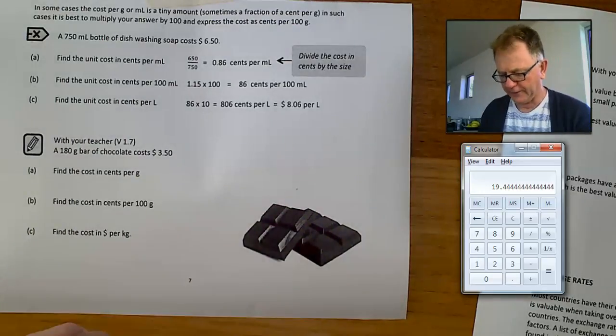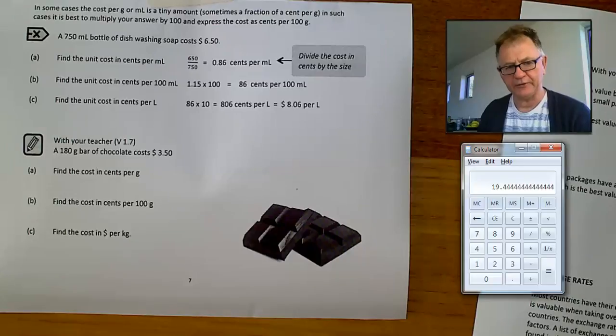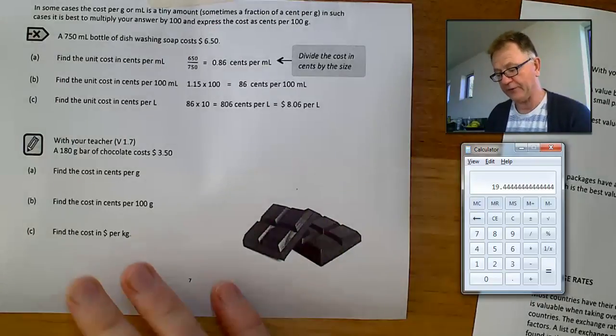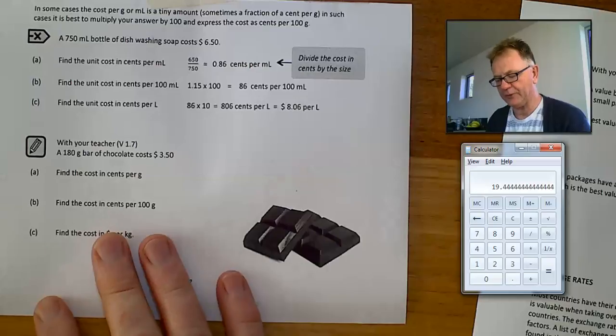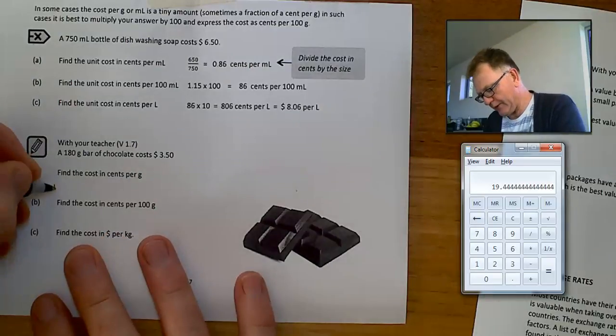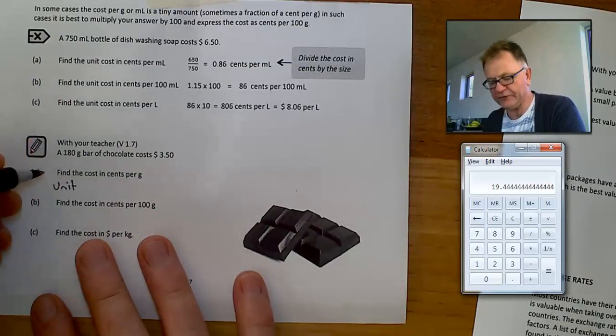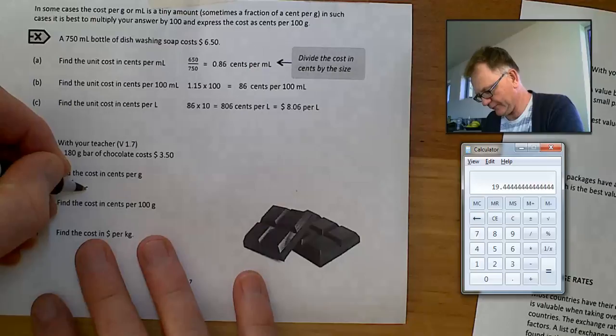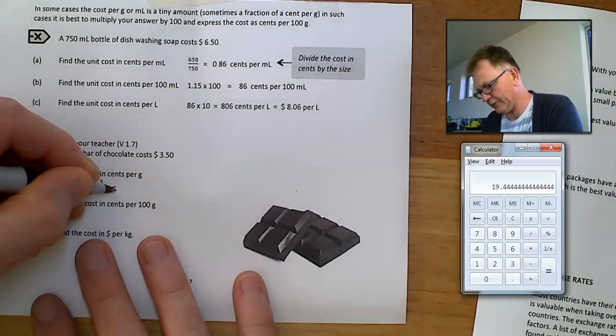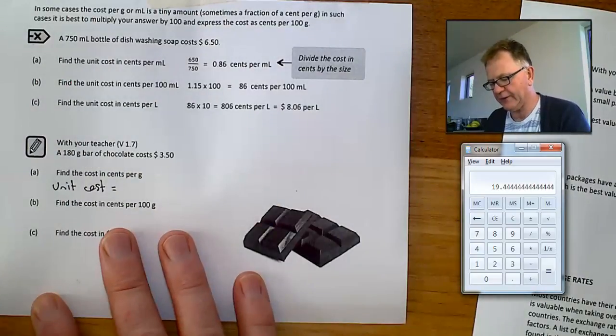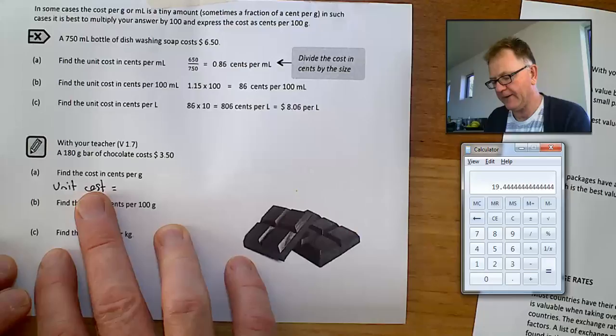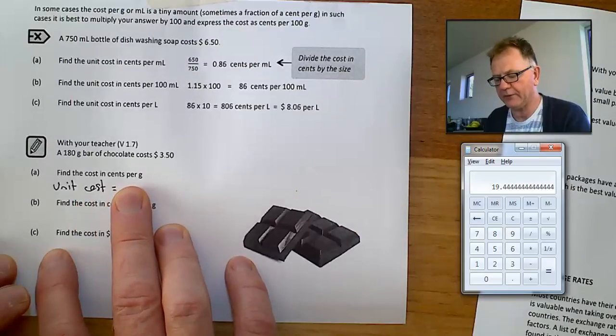This video is about working out the unit cost, or cost per unit size. To do that, you get the cost per unit size by dividing the cost by the size. Unit cost, or the cost per unit size, you get the cost. If we want to work out cents per gram, that means you want the cost in cents and the